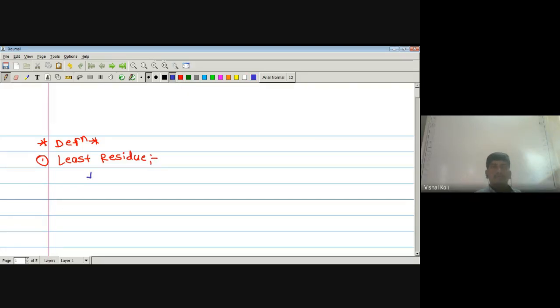If A is congruent to B modulo m such that this b is greater than or equal to 0 and less than m, then b is called a least residue